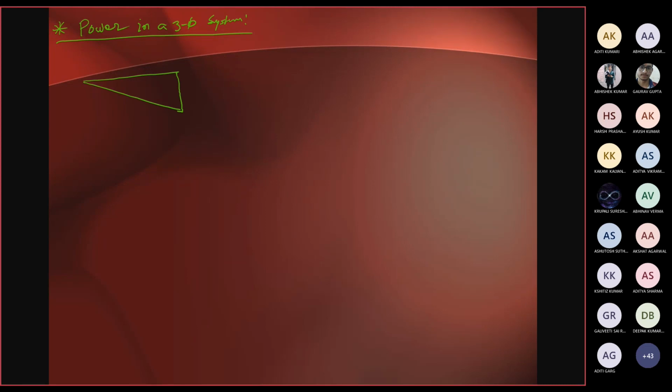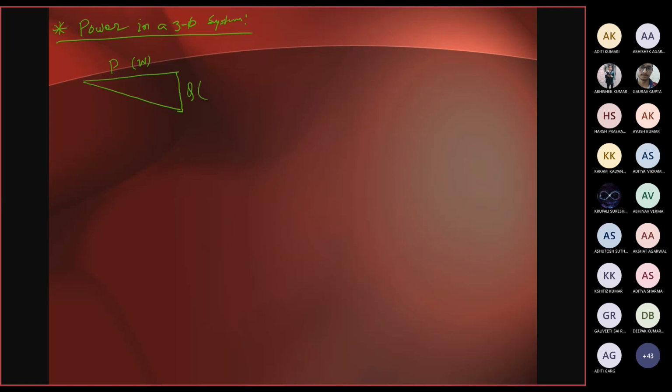First one is your active power, which is represented by P, and its unit is watt or kilowatt or megawatt. Then another component of electrical power is your reactive power, which is represented by, what is the